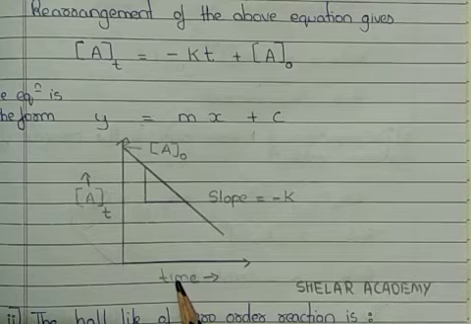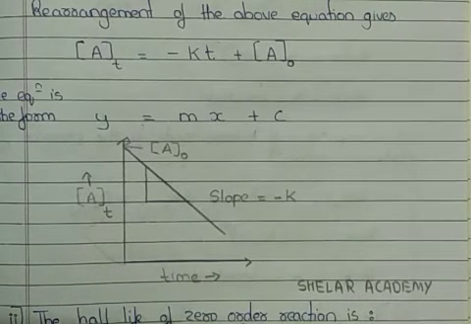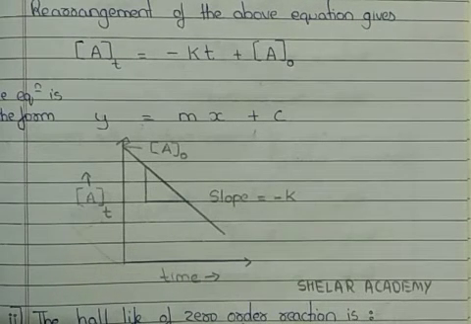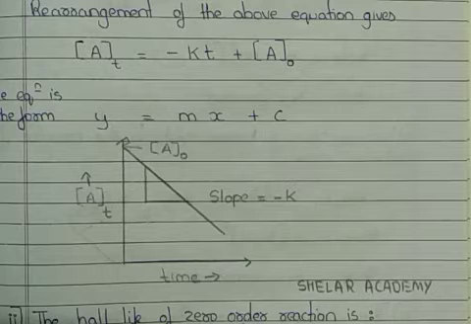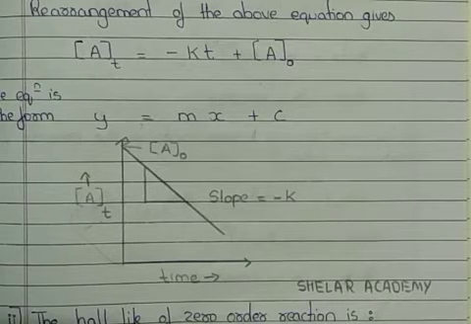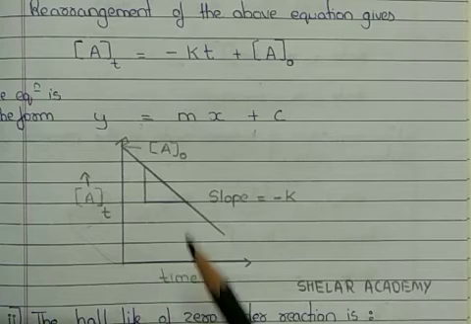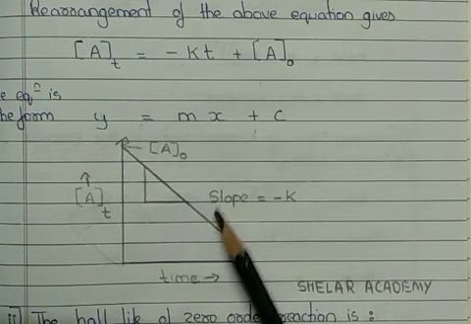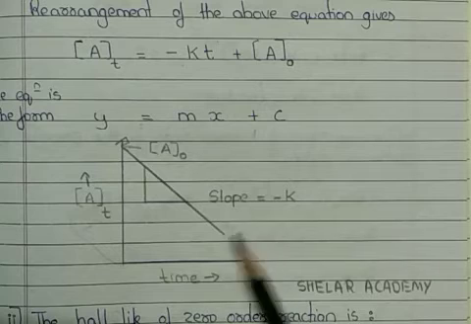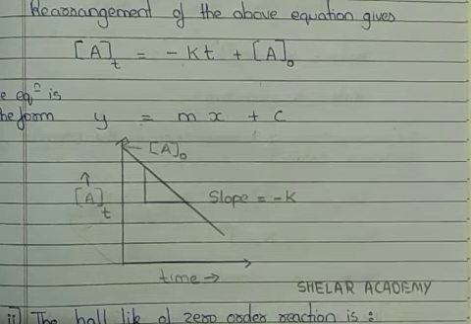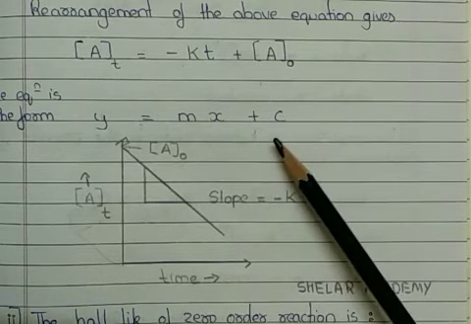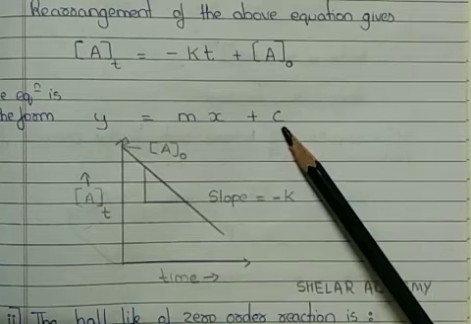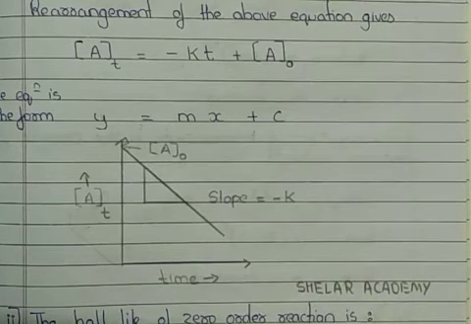Many a times they also ask this in the form of MCQ, where they give us the axes and ask what will be the nature of the graph or what will be the slope. So remember that the given axes we have to correlate with our straight line equation, which will help us tell the nature of the graph, that is, whether it will be inclining or declining, and it will also help us know the intercept and the slope of the graph.